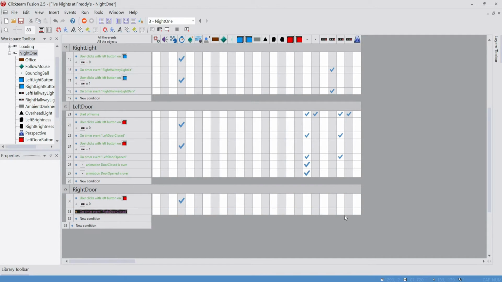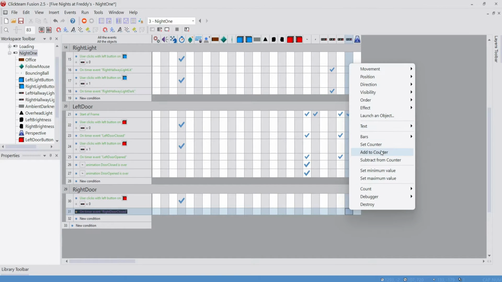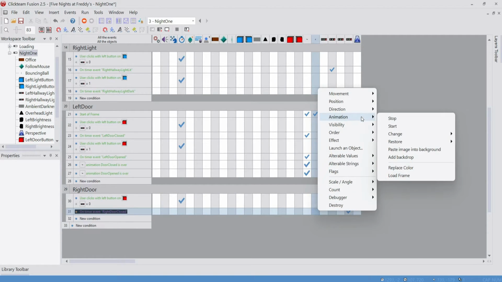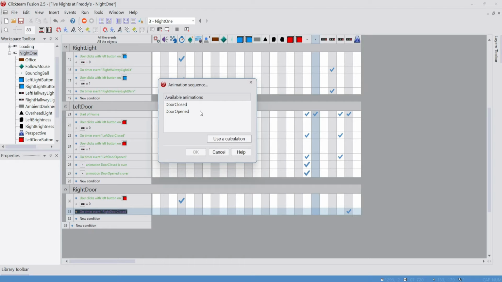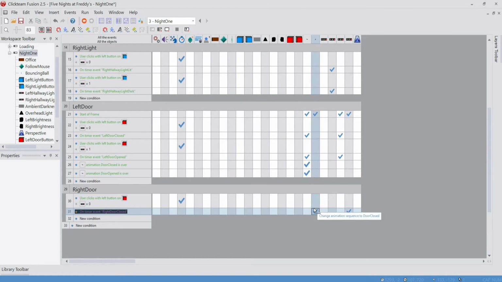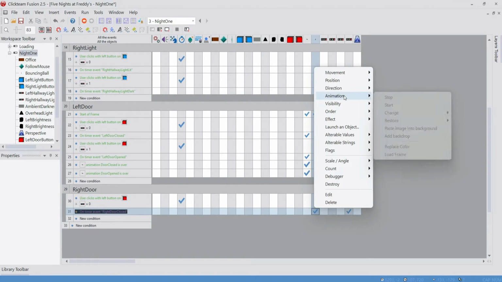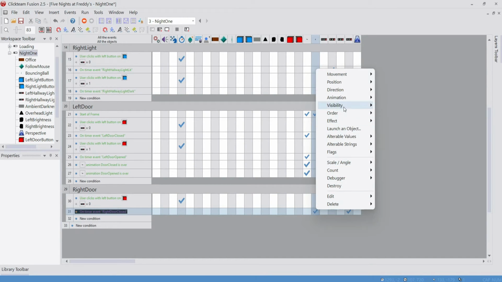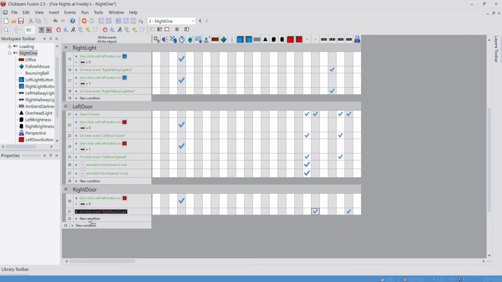Actually, let's just do the code right here real quick. We're gonna set this counter to 1, and we're gonna go over to our right door. Right click on that. Animation, change, animation sequence, door closed, right click on it again, animation, start, right click on it again, visibility, make object reappear. Then we're gonna go over to new condition,